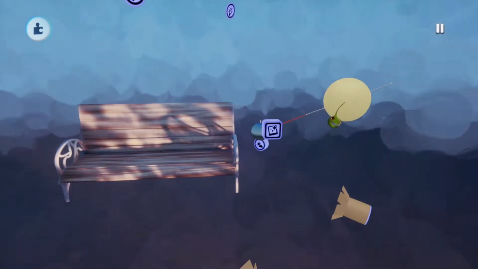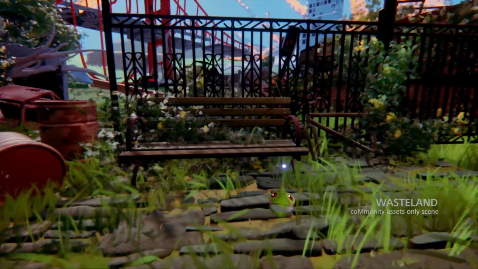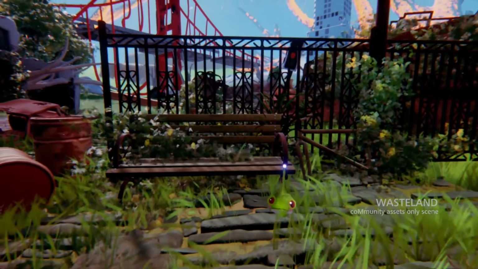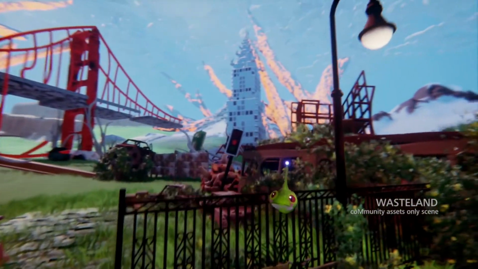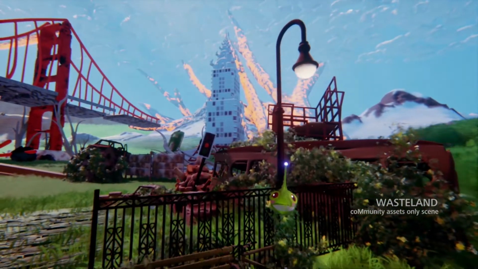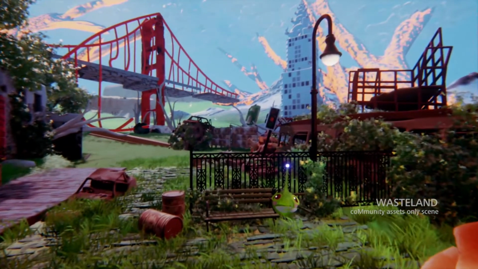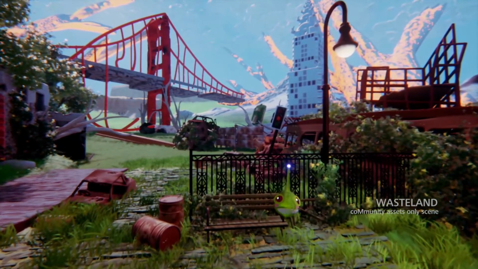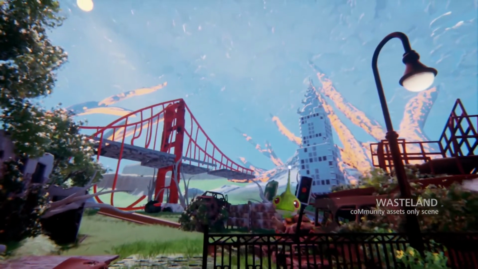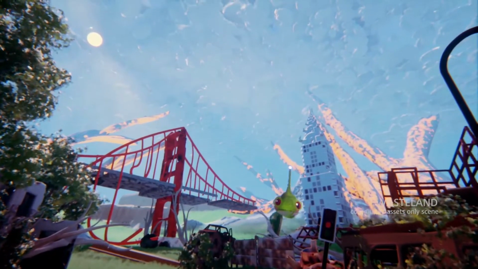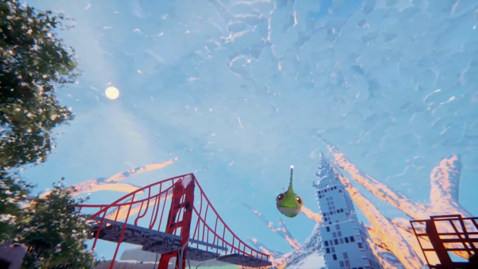I have a very good example in one of my streams where I was doing the community asset only creation. Luckily I saw it in time, but I was placing a cloud creation, a very beautiful, very simple cloud system. But there was a sun gadget in there, and I didn't realize that at first. So I just placed it into the scene, and placed more assets into the scene, and then I was going to change my own sun gadget, and I couldn't. There was no change happening. I was like, okay, that's weird. I don't know what's happening.